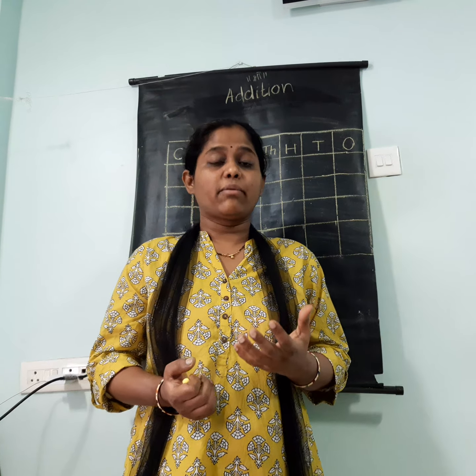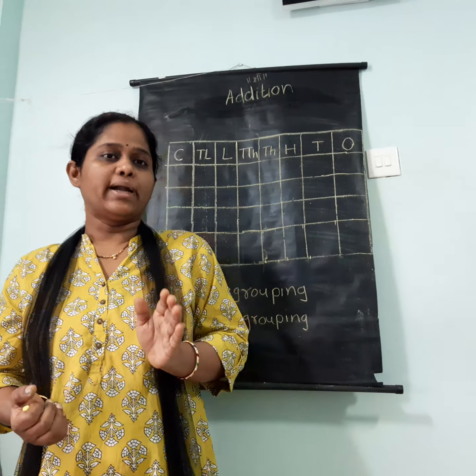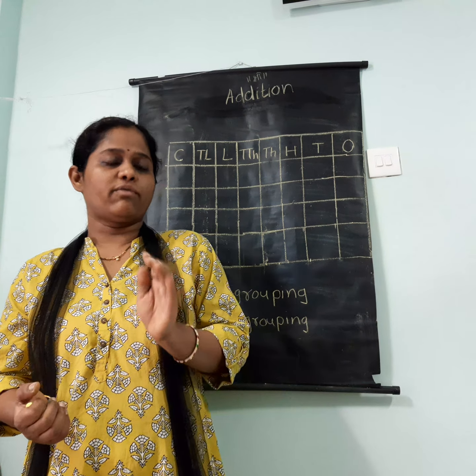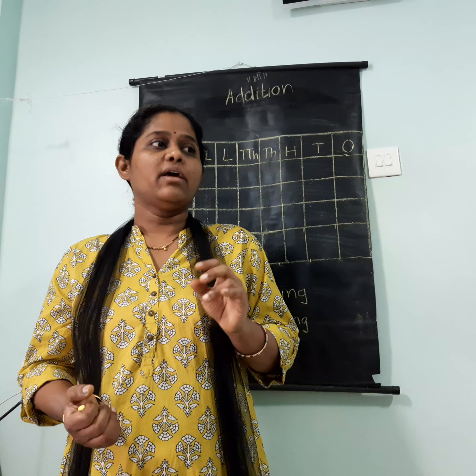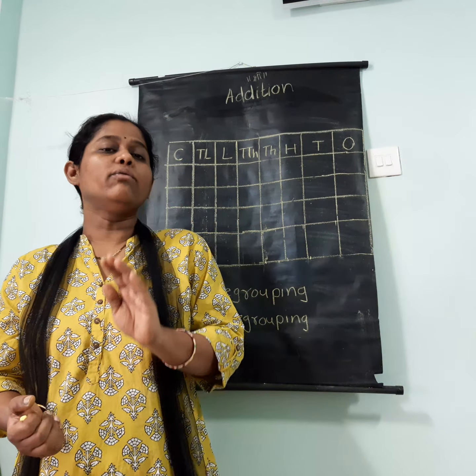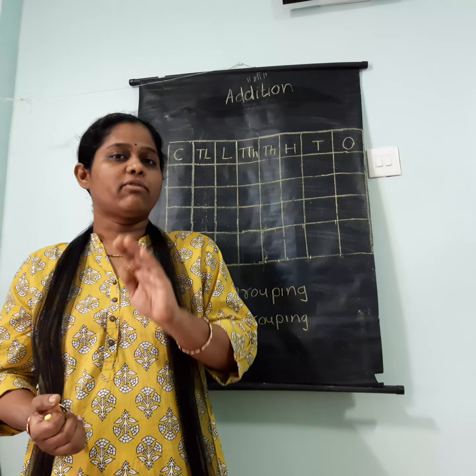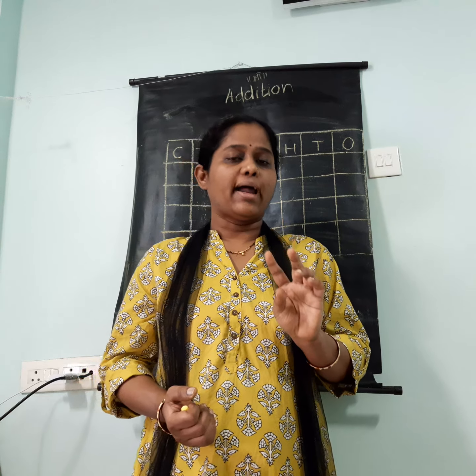Okay, and how do you recognize addition in word problems? There are words like plus, total, together. All these show that you need to do addition there. Okay, this is how you find it. Addition is the one arithmetic operation where you need two numbers, and you find the result after performing the addition operation. Those two numbers are called addends.